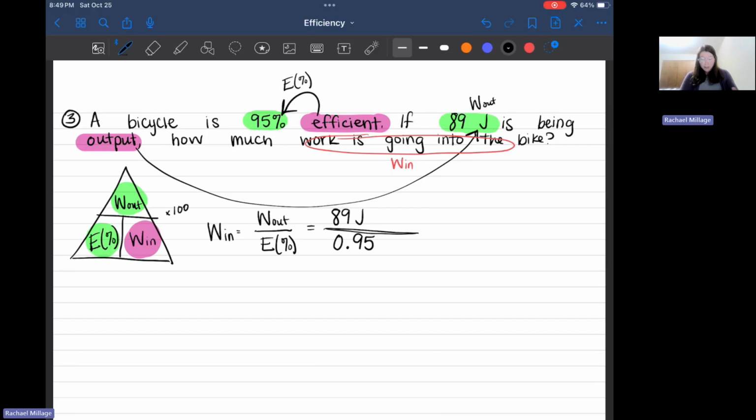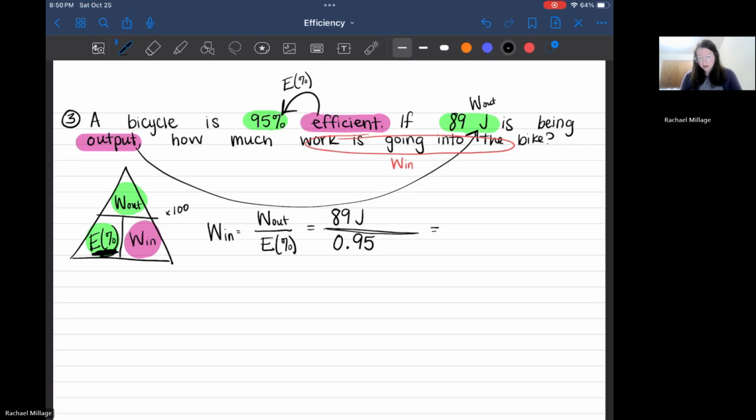If this is confusing, it's okay. It's confusing. It's because we have a percent here that we need to turn into a number. Okay. We could also do 89 divided by 95 and then divide by 100. Okay. That would also be a great way to do it. So now I'm going to take my 89 divided by that 0.95, and that gives me an answer of